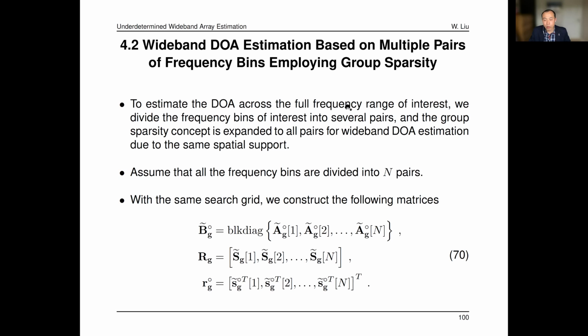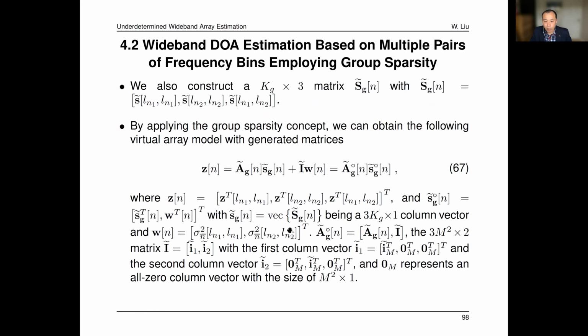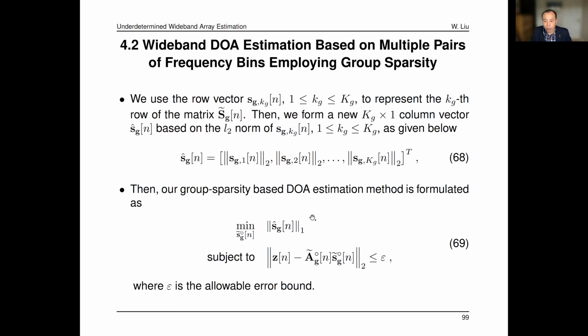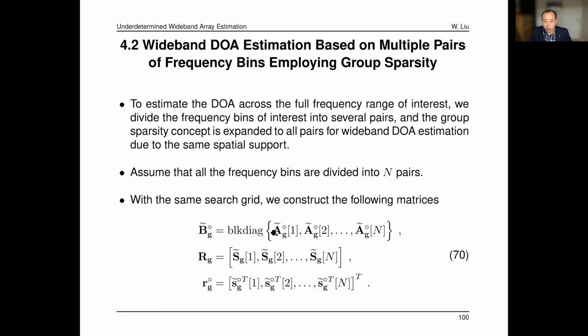And to estimate the DOA across the full frequency range of interest, we divided the frequency bands of interest into several pairs, and the group sparsity concept is expanded to all pairs for wideband DOA estimation due to the same spatial support. Okay, for each pair, different pairs, they can form this block diagonal matrix again. So now suppose we have big N pairs, then for each pair, you have this formulation, right? Z and this data model equal to this for each pair. And then you can put all this into this block diagonal